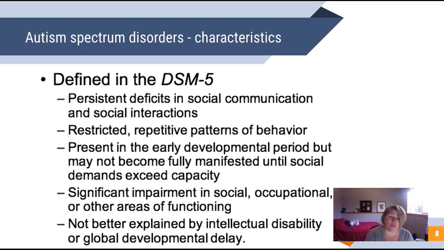Autism spectrum disorders, we know that they don't just suddenly happen. They emerge as more demands are placed on the child as they grow and develop. We don't expect much out of an infant as compared to a 1.5-year-old who's starting to toddle around and picks up things and offers things and has their own little mind about what they want to do. Again, as we make more and more demands on them, and those social demands, then things start to emerge.